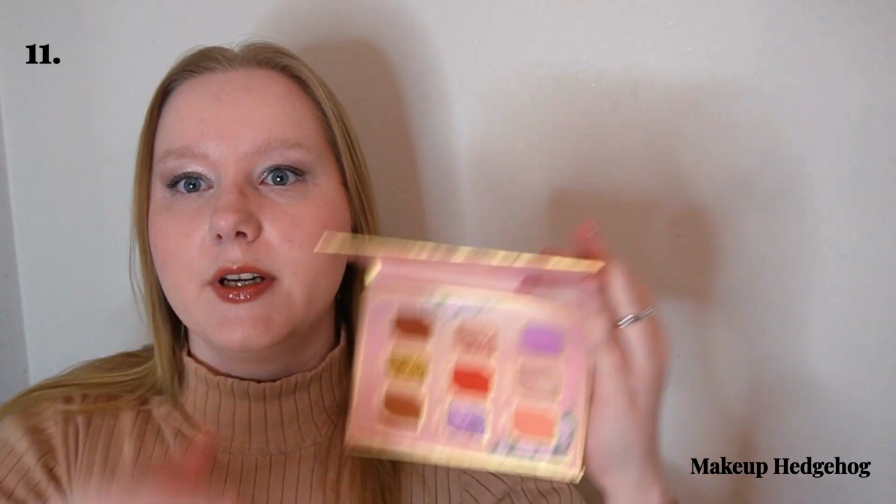But let's get to the ranking itself, and let's start from the bottom. So we're gonna go from bottom to the top, and I have arranged all the palettes neatly in front of me and they have been numbered. But first one, so at spot 11 we have this one. So this is the Saga of Freja, and this is the Ember Tears palette, and I'm gonna be opening this and showing how